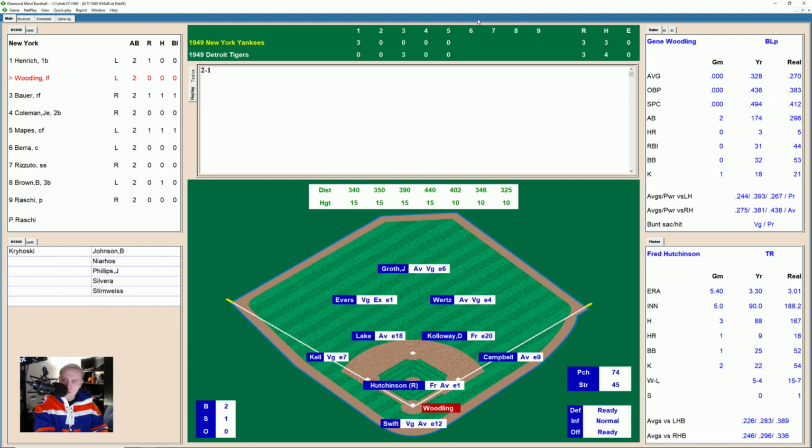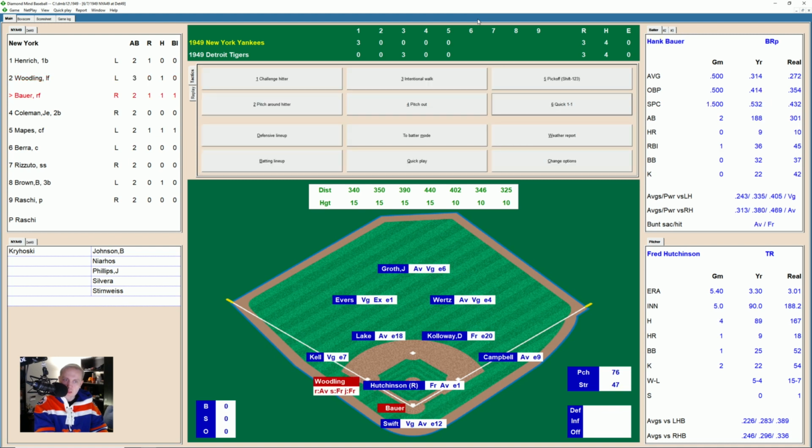There's a fastball inside, 2-1 on Woodling, and that's fouled away. It's 2-2 on him. And that is a shot over third, and Evers can't get to that one. That one goes all the way to the fence, and Woodling is around here with the triple. Imagine that. So both teams have tied for the triple category here with 2 apiece, and that'll bring up Hank